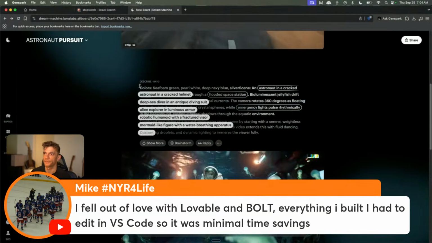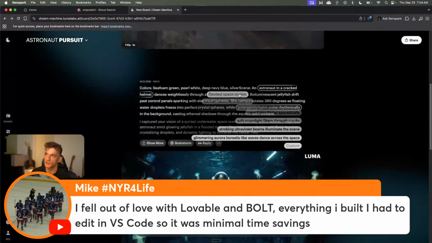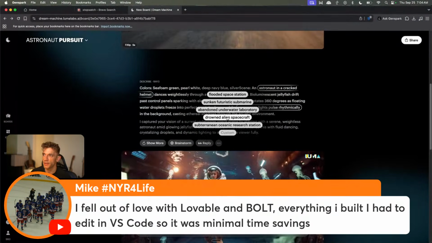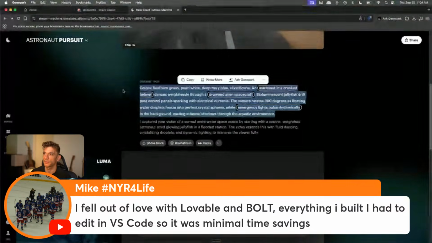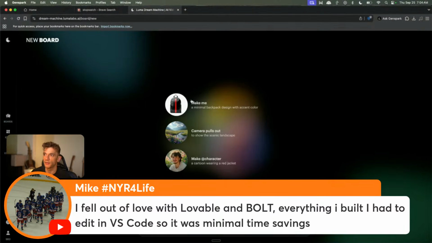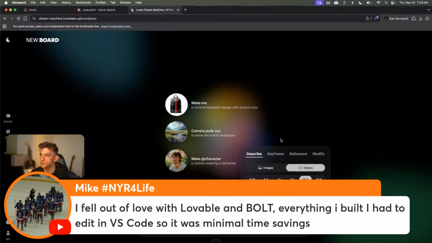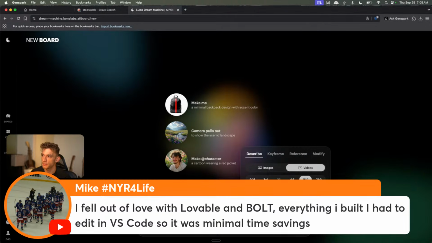You can actually edit these bits as well, so you can change the scenes, like drowned alien spacecraft, for example. If we go to a new board here, create a new one, plug that in, I think we can switch to Ray 3 reasoning, and that will probably give us better outputs.